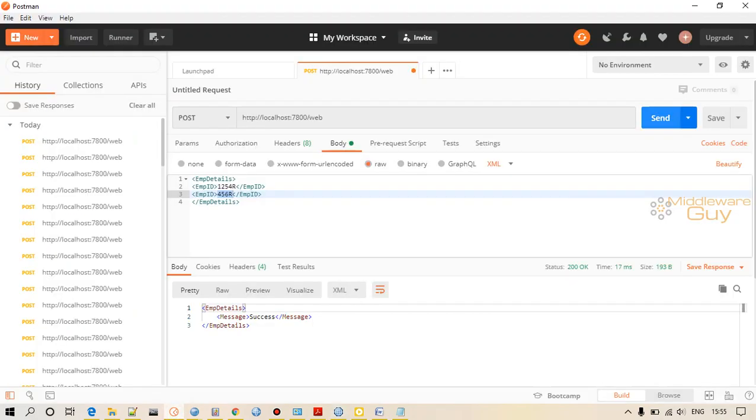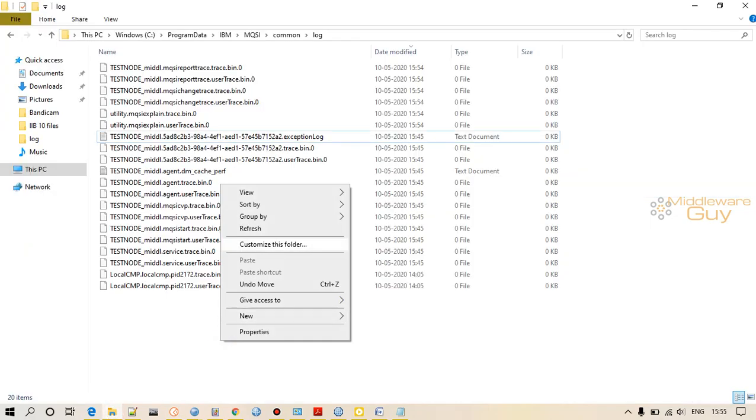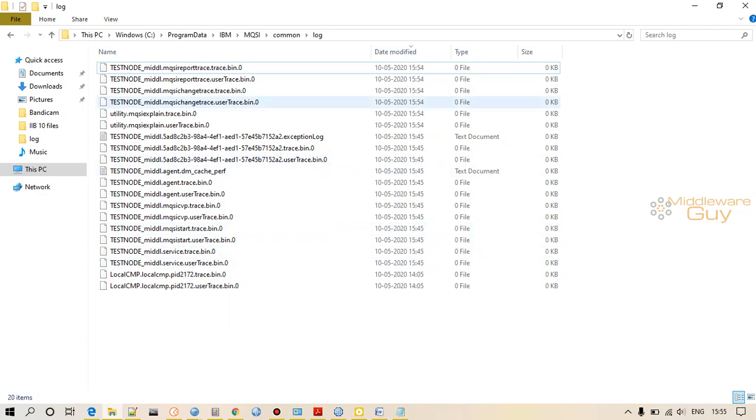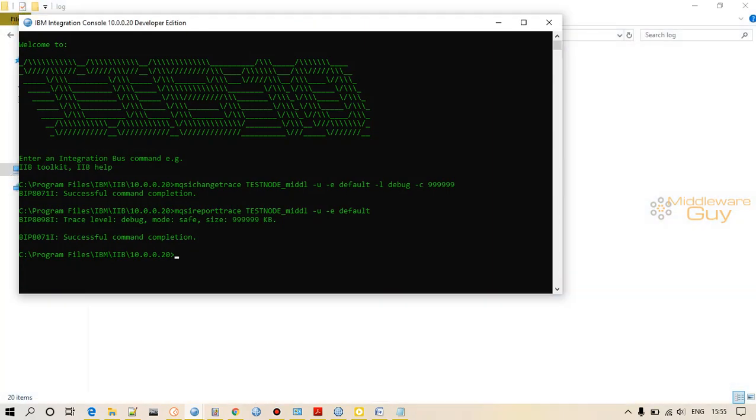Deployed. Let me hit my flow. See, again I'm getting a success. But here I can find the actual logs. I don't know, maybe I have to reload the execution group. mqsireload -u -e, sorry, this is the command for reloading.